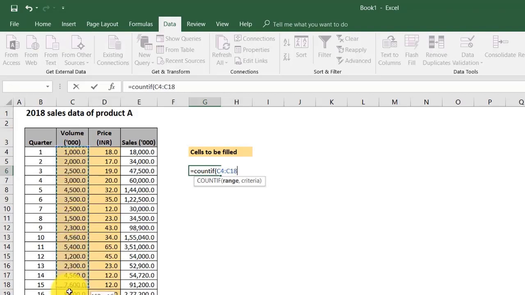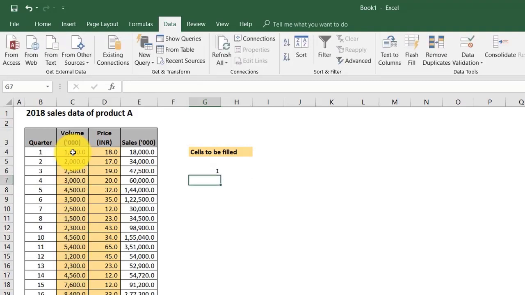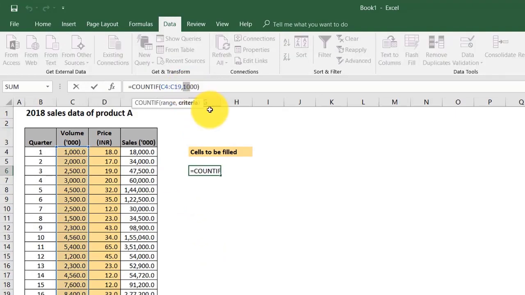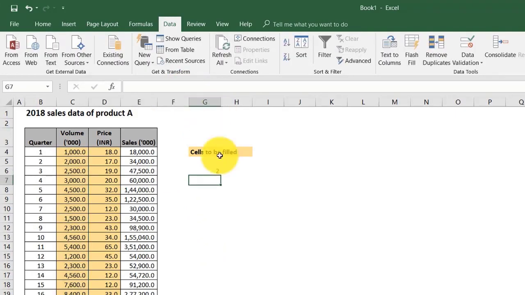Let's say this is the range, which is 16 quarters, and we want the criteria to be volumes with 1000. As we can see that we have only one number. Let's say if this is 2300, we see that there are two quarters that have